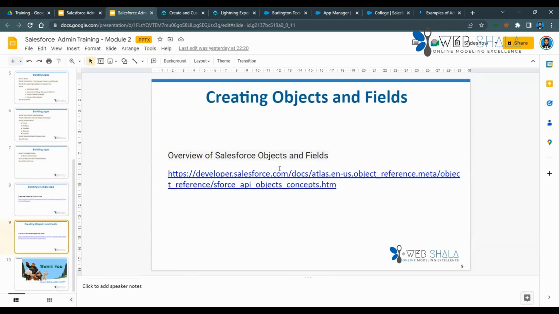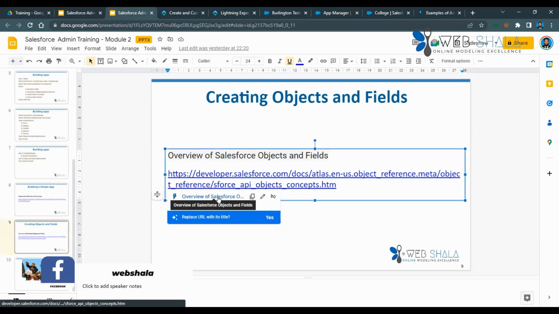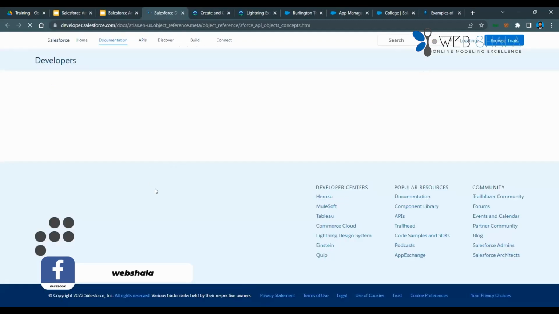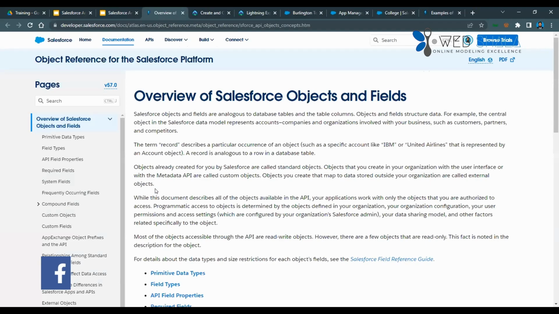Next is an overview of Salesforce objects and fields. So let's go deep to understand this concept. Salesforce objects and fields are very, very important. As a developer or an admin, the database is very important. This is basically the tables and the columns. Whatever we say, objects and tables, it is structured data. So for example, the